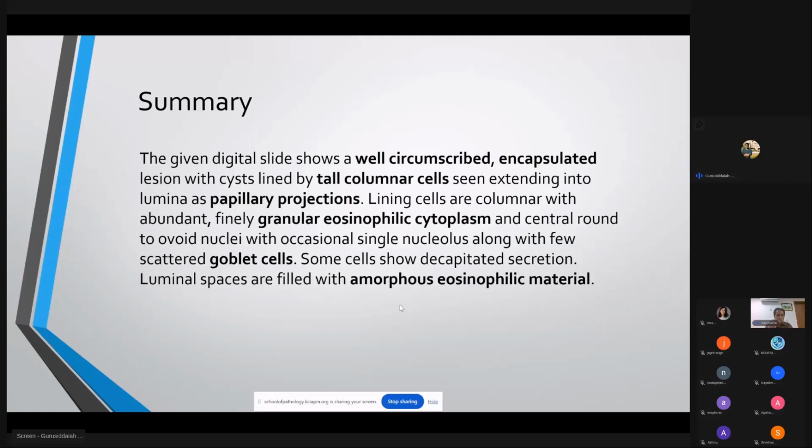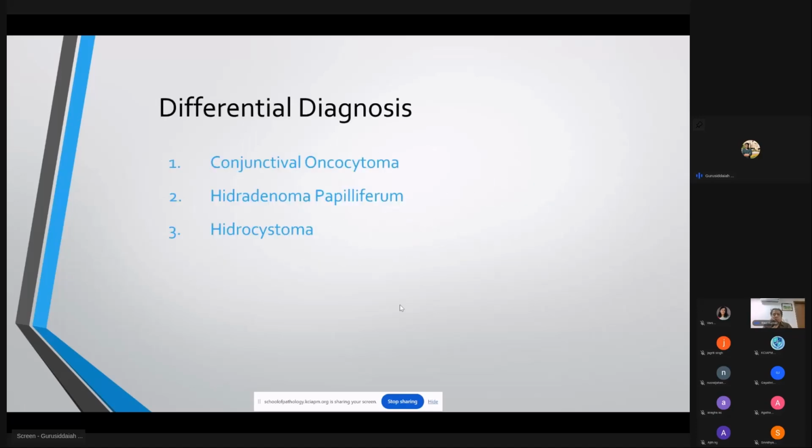Some cells show decapitated secretion, and the luminal spaces are filled with amorphous eosinophilic material. So my differential diagnoses are conjunctival oncocytoma, hidradenoma papilliferum, and hidrocystoma. I'd like to evaluate each of them for the points and features which go in favor of and against